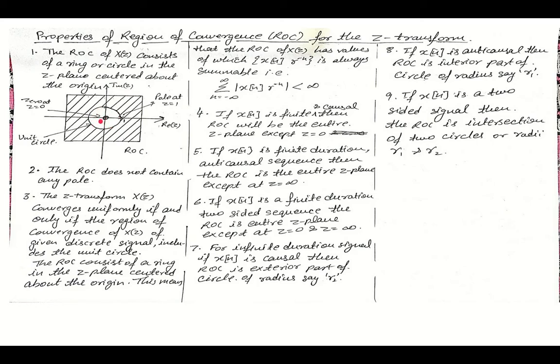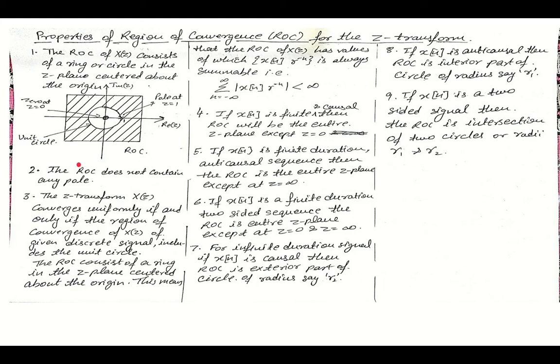Here is the origin, and we can say that we have a 0 at z equal to 0. This is an example only, and we have a pole over here at 1. Since there is a pole over here, the entire circle is going about this point 1. Since this circle has a radius of unity, it is called the unit circle.